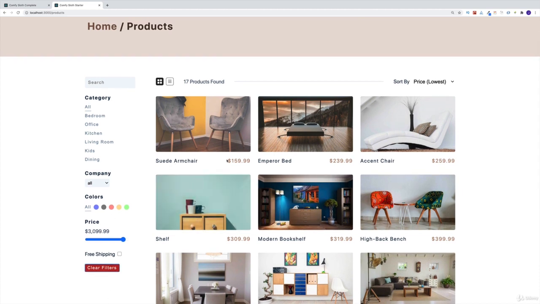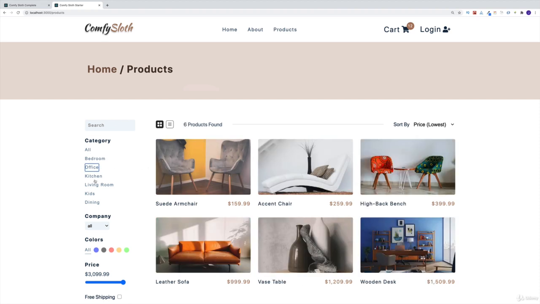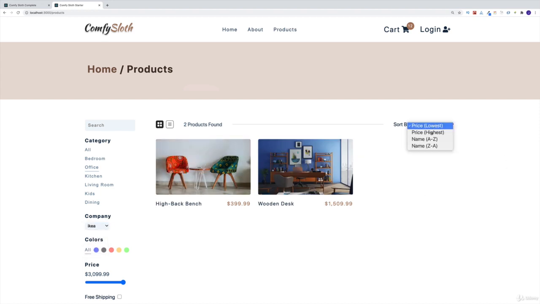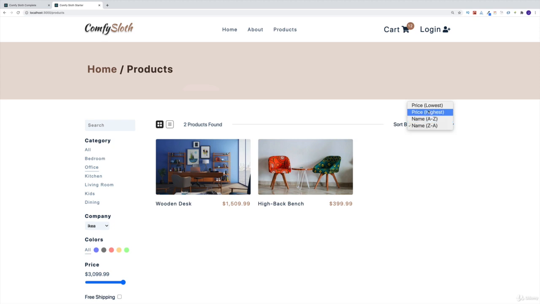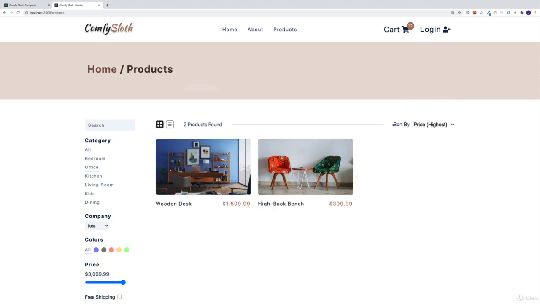Once I click on clearing the filters, now, of course, I display all the products. Just keep in mind that we also have the sorting option where if I add the office and then company is going to be a key, I can still sort based on A to Z or Z to A or price lowest or price highest. So that still works. And once we're done setting up our products page, now, of course, I would want to work on my cart.